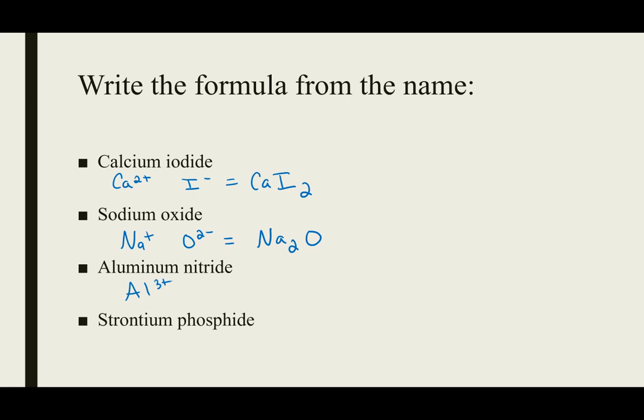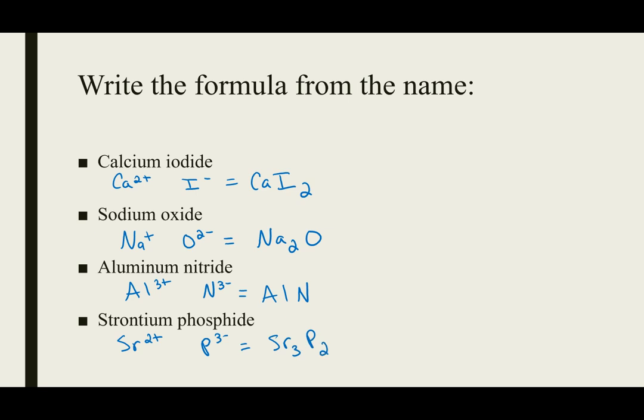Aluminum is a +3. Nitride is nitrogen, which is a -3. So I have a +3 and a -3. They already balance out, so I would just be AlN. And then strontium is a +2. Phosphide would be a -3. So to balance those out, it would be